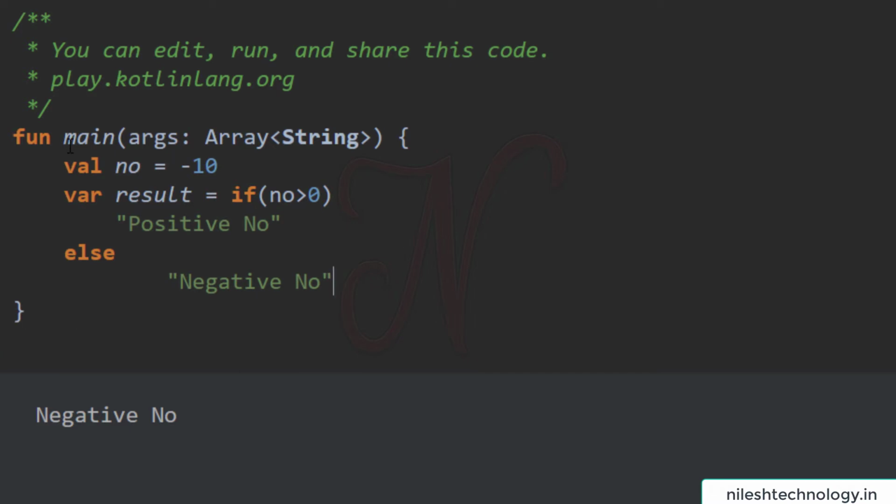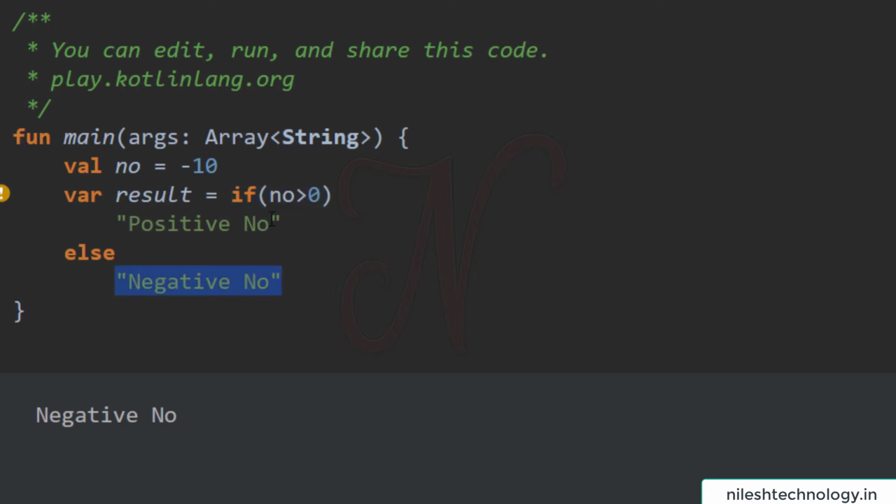So see, this is a very different syntax in Kotlin and it is very useful. There is no need to define the println function here. Because if the number is greater than 0... see here my number is -10. So check here, is -10 greater than 0? No, it goes to else, and this is your message, negative number.